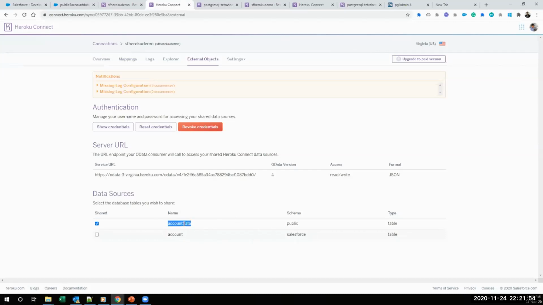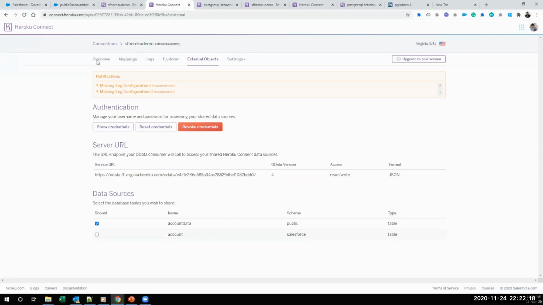Now we want to bring this account data into Salesforce. As we have seen in the architecture landscape, we can do it using an external object and OData version 4. You can see this service URL, OData version, access and everything. Now we'll set up some configuration in Salesforce and we'll bring all the data.